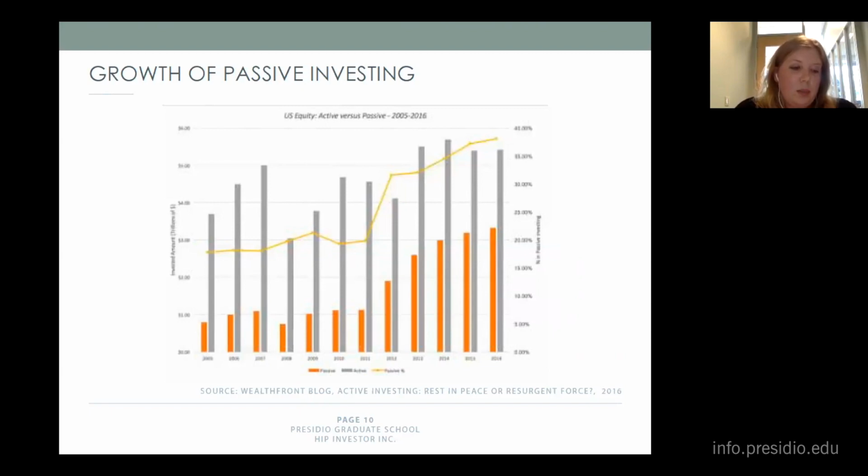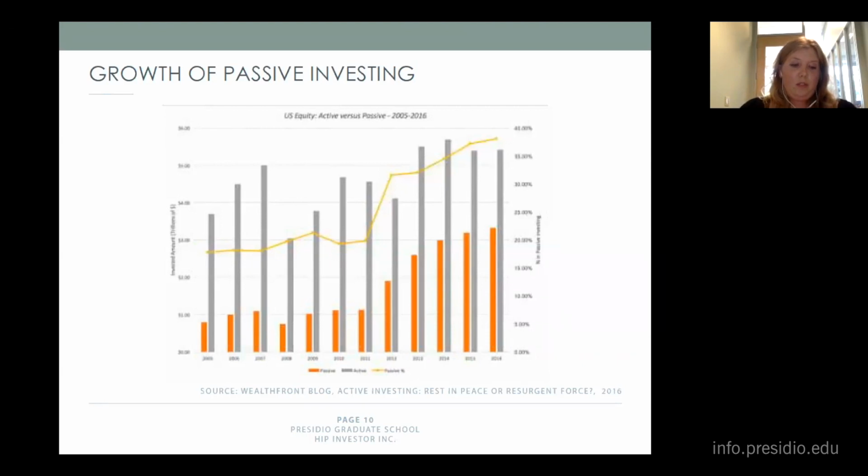So index funds have become an increasing part of the landscape, as well as exchange traded funds. And it's really expanded beyond just the S&P 500 to cover almost every asset class. Today, you can put together a portfolio composed of just index funds and ETFs to create any market exposure that you want, in stocks, bonds, or commodities.